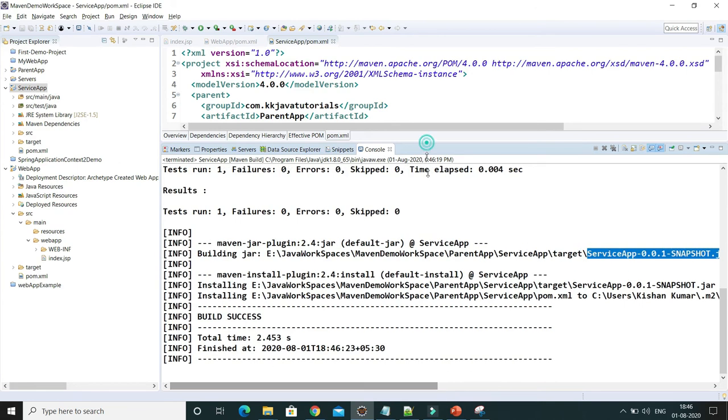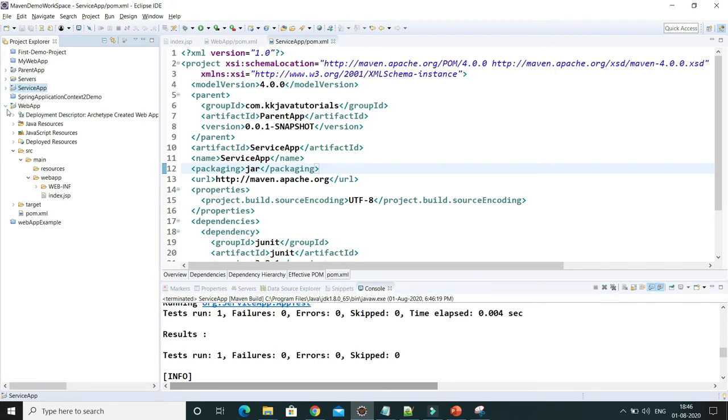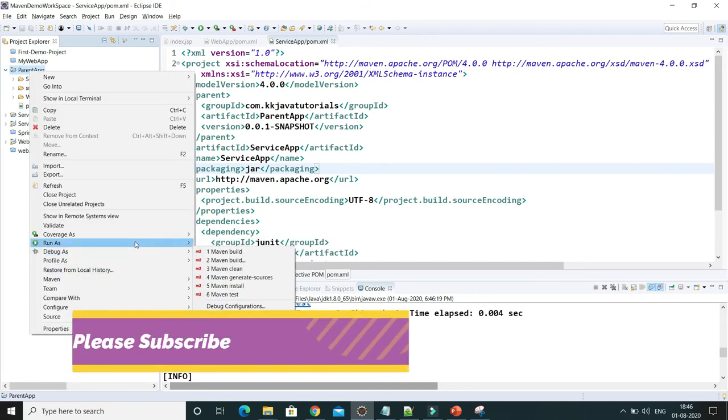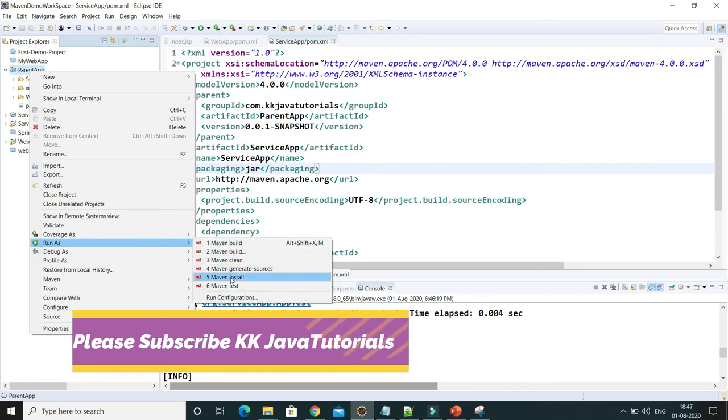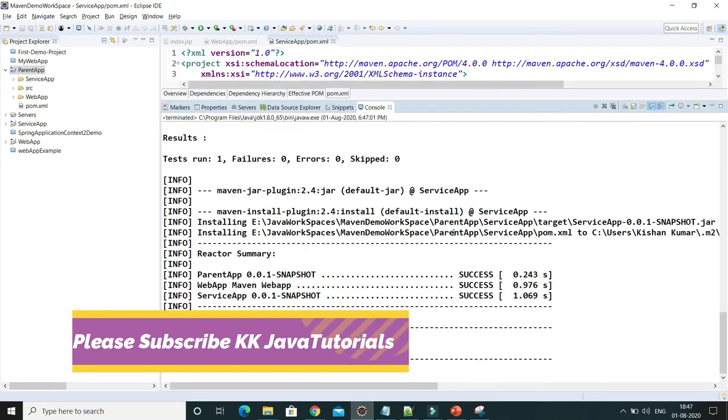Now let's try to understand this parent-child relationship. These projects you can run independently, but if you have a multi-module project, then running them independently is good but not best practice, right? So what you have to do, you have a parent app, go to the parent app and directly run as install. You can call the install, or you can go to the build and specify the Maven goal as install and you can run.